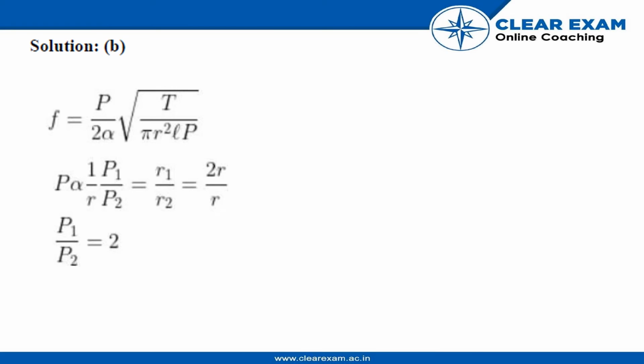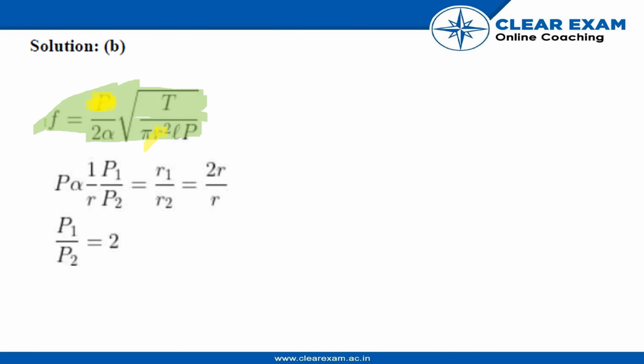So basically we will use this formula to find out the ratio. Here this P represents the number of antinodes, and this is the radius R. We can observe in this formula that the number of antinodes is directly proportional to the